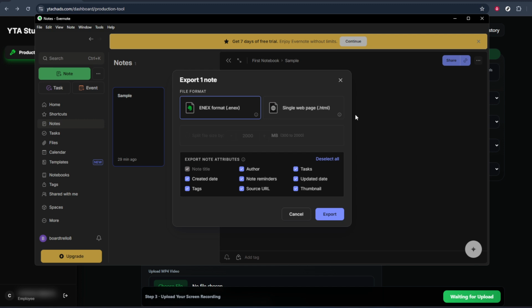And that's all there is to it. By opening the app, selecting your file, tapping the 3 dots on the right side, and choosing export, you can quickly and easily